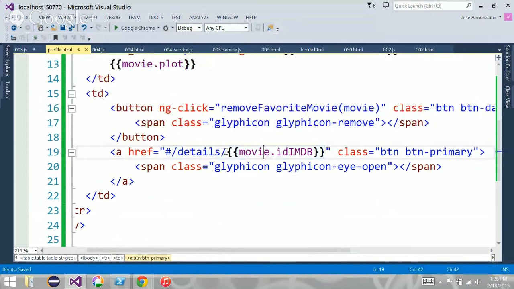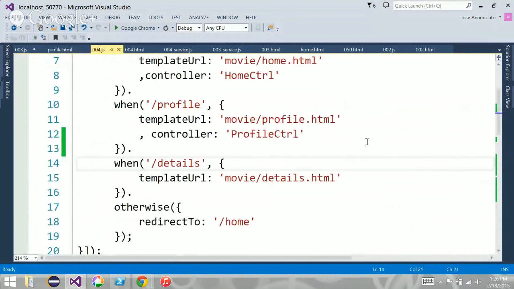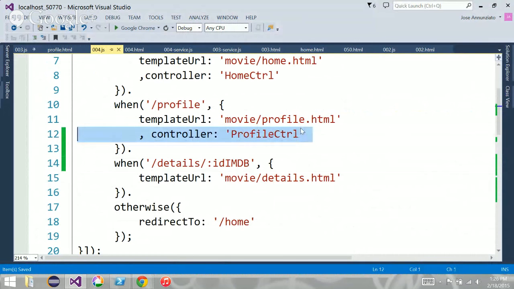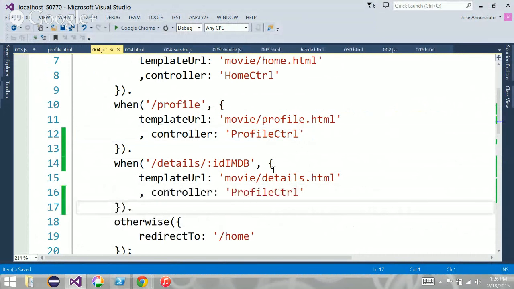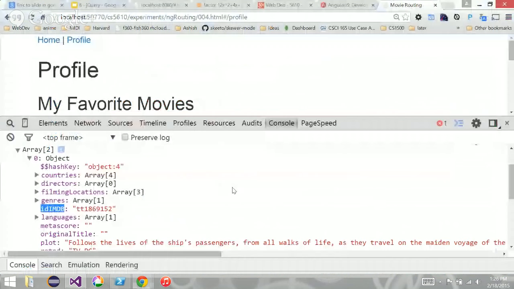But the details page is not expecting an ID. So I need to go back to my controller. My navigation controller says, wait a minute, you're expecting an ID, :ID. We could use the same token, and that can be used by the details controller to go fetch the details dynamically, and then render all the data there. Okay, so let's do that.